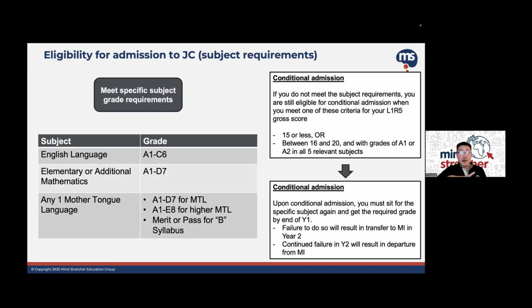that you won't want to lock yourself into, right? So, for example, I have seen some students who are struggling quite a bit. When they passed, for example, O levels, they were always struggling. For example, they struggled in English, they struggled at additional mathematics. They didn't really do well. But by a hair's breadth, they managed to get into JC, right? And they said they do want to go to JC.